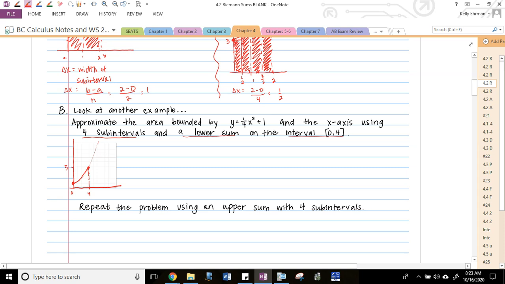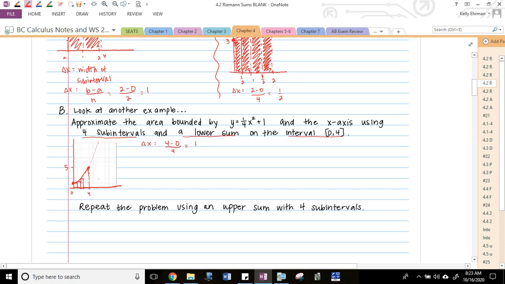All right, the first thing I like to find is my delta x. Delta x is the interval 4 minus 0 divided into 4 subintervals. That means 1 unit each. So our rectangles,